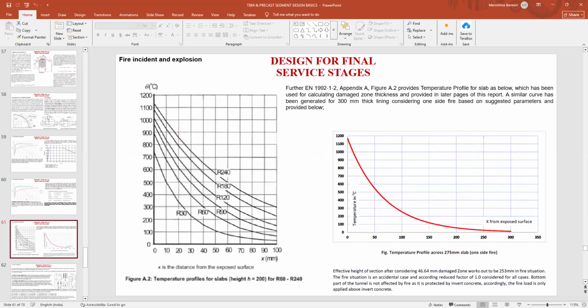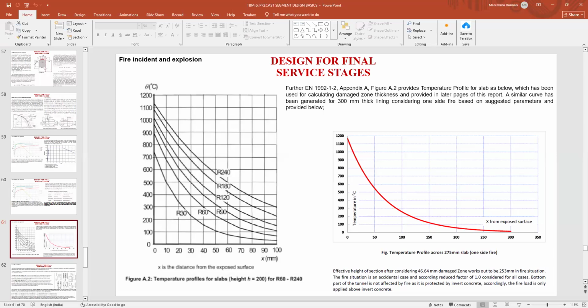So these are the tables: depending on the thickness of the segments, they show what the exposed surface will be. Because if it is a 275 mm thickness segment, might be only 30 or 40 mm gets exposed. The rest of the segment thickness is intact. So this is a standard curve. From 60 mm to 240 mm, you can see for different temperature profiles what the exposed